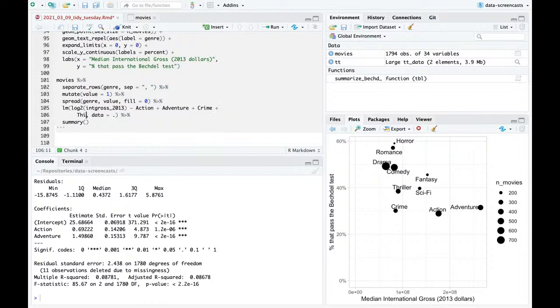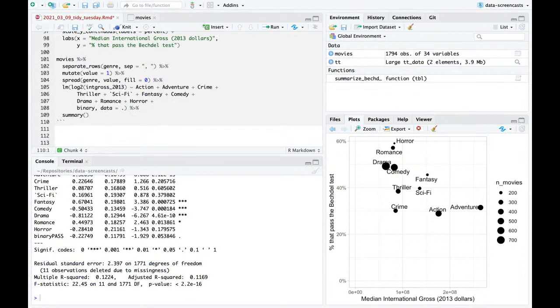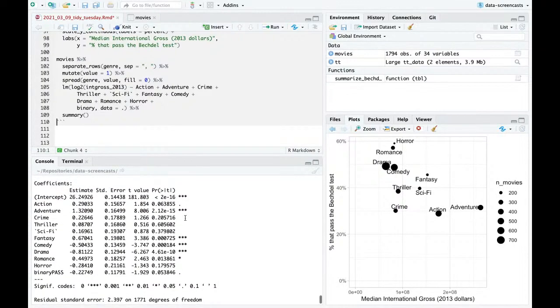There are ways to shorten this, but fantasy, comedy, drama, romance, horror. I just copied the 10 off these ones that I saw over here. And I also throw in binary, whether it passed the Bechdel test or not. Okay. So when we control for these, what we see is